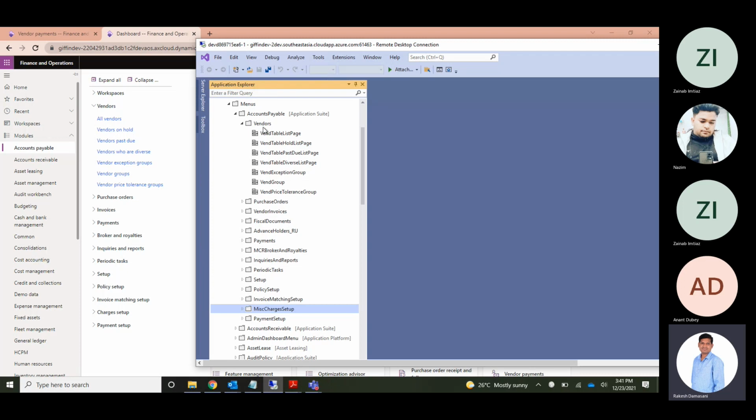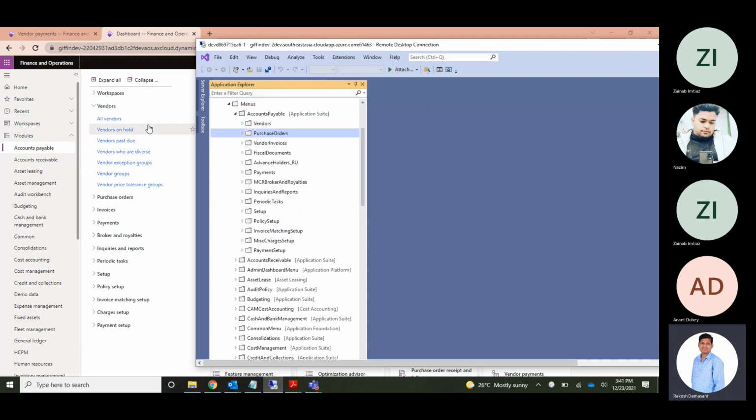In AP, we have the subgroup vendors, and under vendors we have a list: all vendors, vendors on hold, vendor groups, everything. Those are nothing but other AOT objects. It is a vendor list page, vendor group, and all this. It's the same. It is very easy to identify.